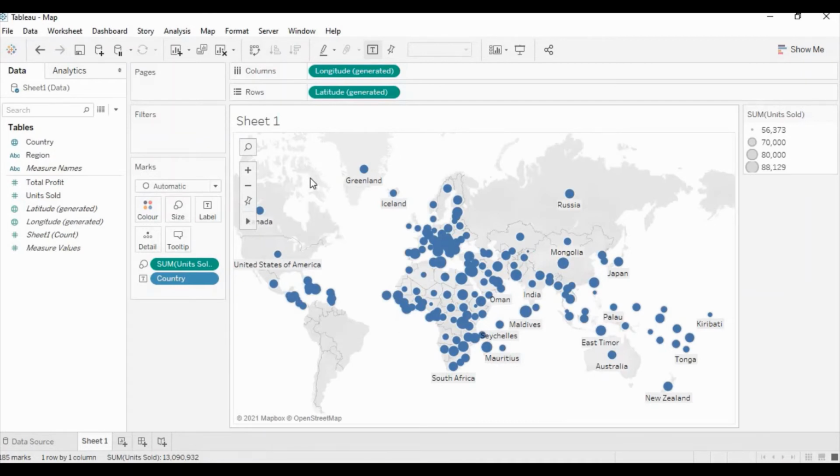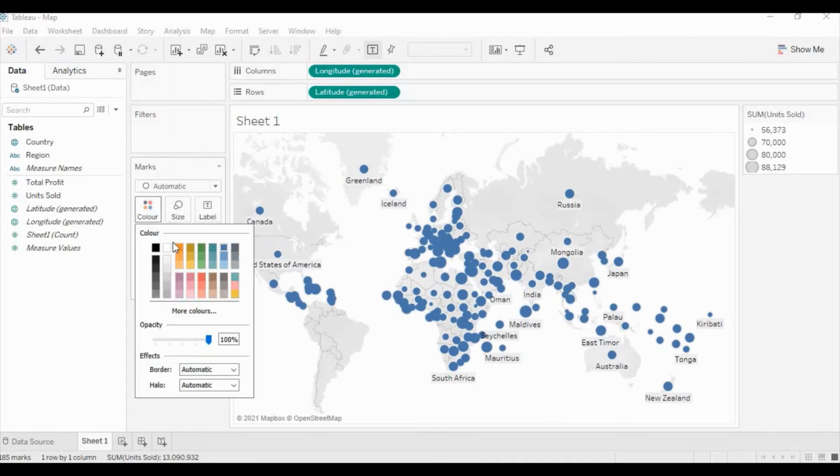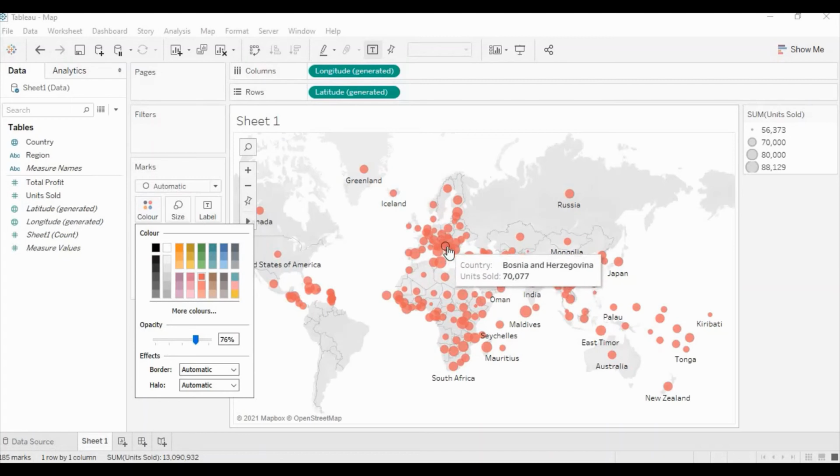Now here you can select the color, or you can increase or decrease the transparency of the color. It is good if you have a cluster of circles in the same place, because where we have a number of clusters, you can easily see the overlapping of the objects.